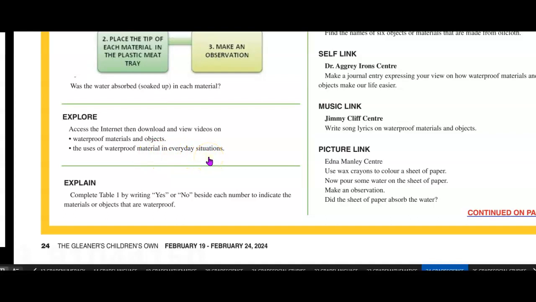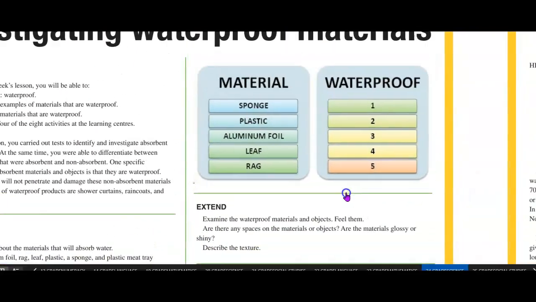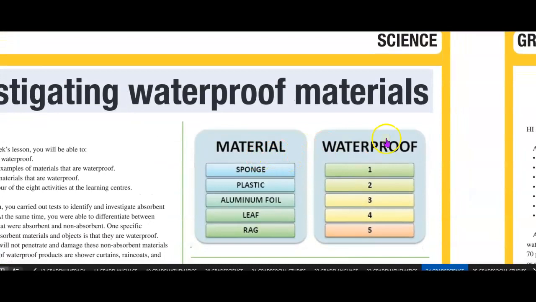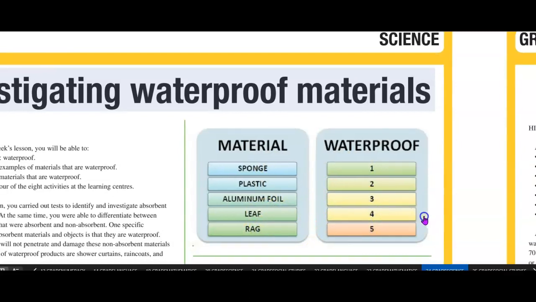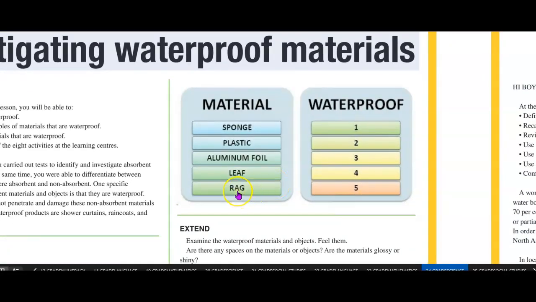So, how do we use these waterproof materials at school, at home, and at play? Explain. Complete table 1 by writing yes or no beside each number to indicate materials or objects that are waterproof. Let's go with the table. Here we have material, waterproof. Sponge, waterproof? No. Plastic? Yes. Aluminum foil? Yes. A leaf? No. Rag? No. Okay. So we can use a rag to bathe and it can help to dry us off,